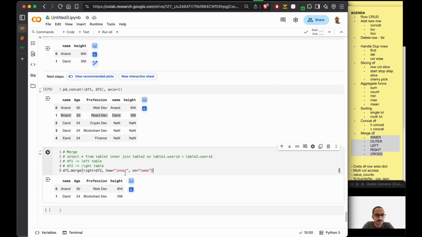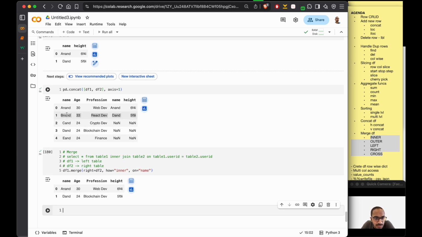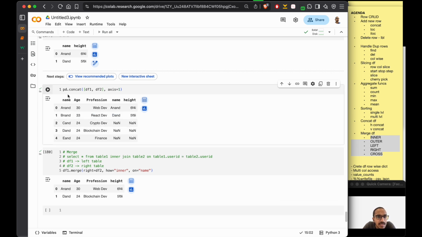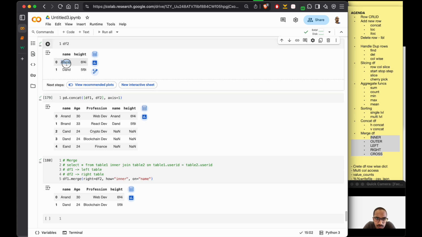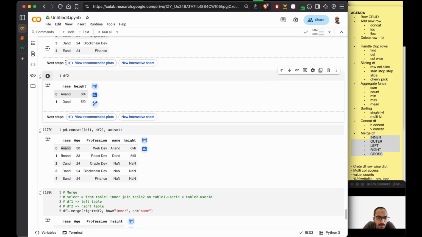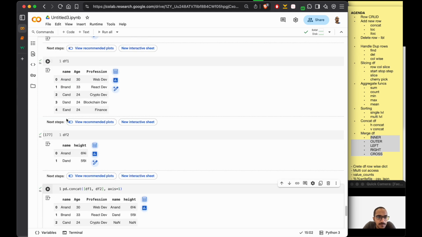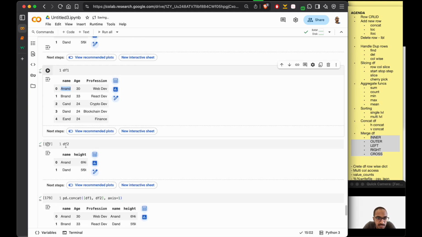But if you look at this one, this properly merged both of them, and it gave me just the rows that got matched with this particular key. So in df2 there is a name Anand. In df1 there is a name Anand, and in df2 there is a name Anand. So it took that name, and then